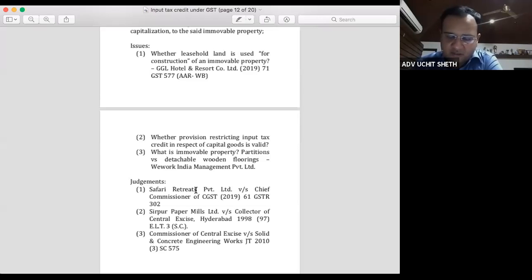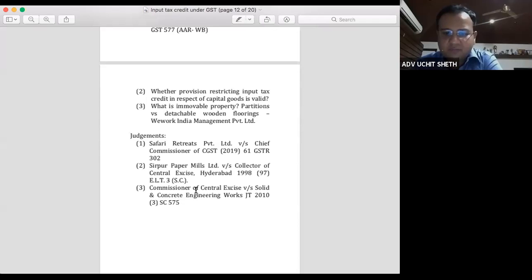There are a number of judgments of Supreme Court in the context of earlier law. A couple of them I have extracted. One is Sirpur Paper Mills. All these are cases where a machine was embedded into the earth. Question was whether this machine becomes an immovable property or whether it remains a movable property. The Supreme Court in number of cases has taken a view that ultimately the degree and mode of the fastening needs to be seen. If it becomes permanently attached, permanently embedded, then it becomes an immovable property. If it can be easily removed, if it is only fixed by nuts and bolts for the purpose of undertaking the process, then it is not an immovable property.